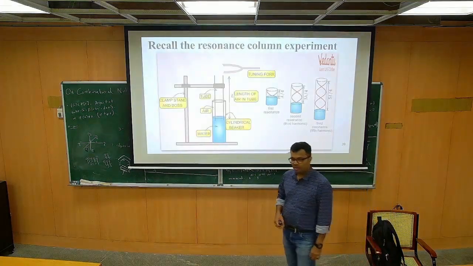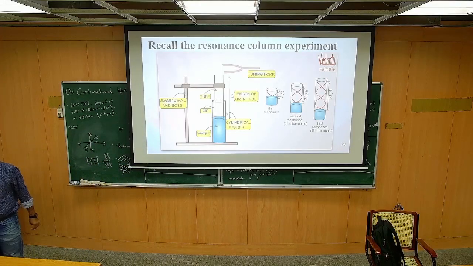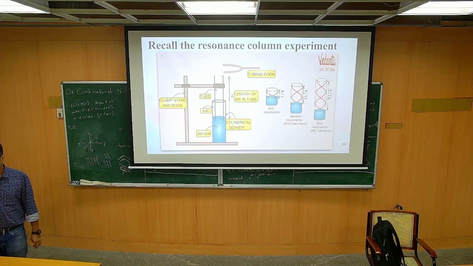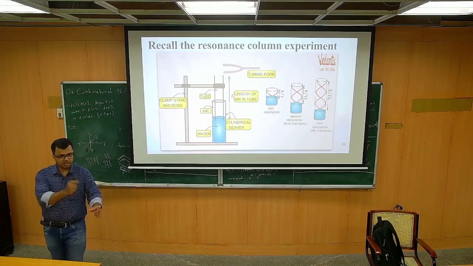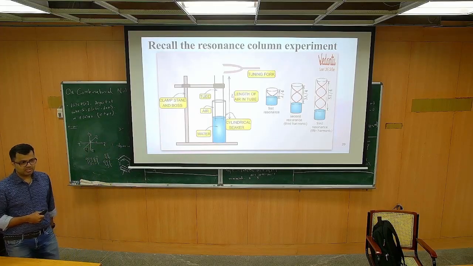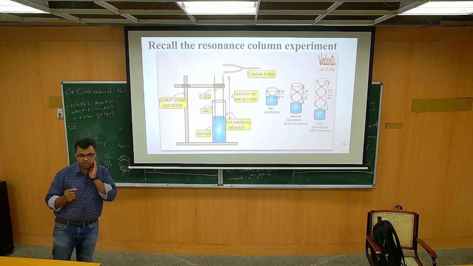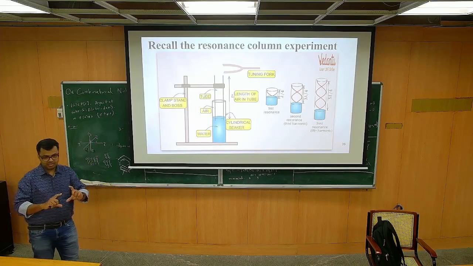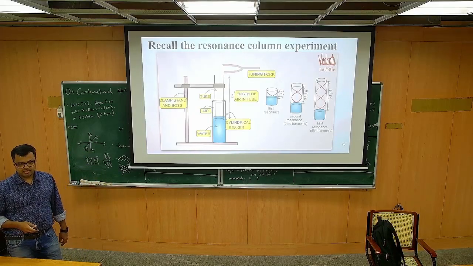Okay. Now, if this is also difficult to understand, you can also think in terms of the resonance column experiment that you may have done in high school or plus 2 level. You have a tuning fork, make it vibrate by hitting it, keep it on top of your resonance column, and change the length of the tube. Whenever the frequency of the tuning fork matches with the length, it starts to give you a sound boom, right? This is exactly what we also do.